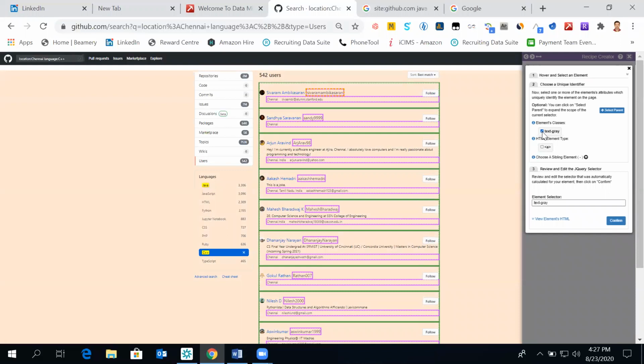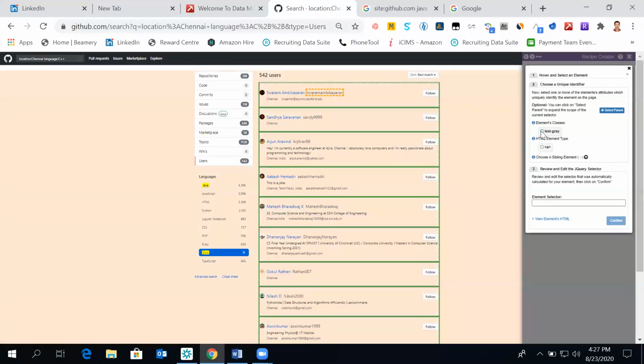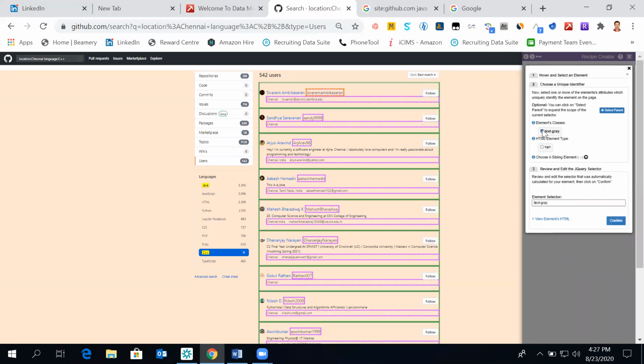It has selected a number of gray parts, this one as well, this one. So let me see in case if I select this one, it also selected name, title, profile pic as well as the email IDs. So better we'll go with text gray.